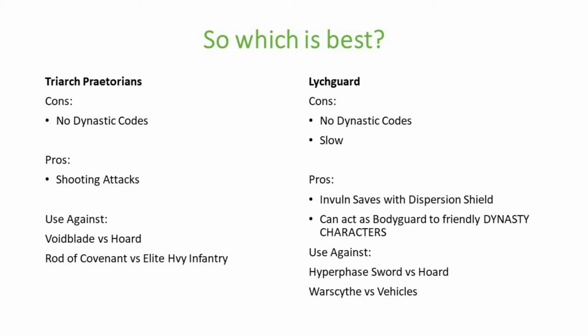There's some things to bear in mind here. First of all, neither of these units will benefit from dynastic codes. Neither of them have the dynasty keyword. It also affects a number of the other buffs the army can get, which is rather unfortunate. Triarch Praetorians on the upside, both the Rod of Covenant and the Particle Caster and Voidblade